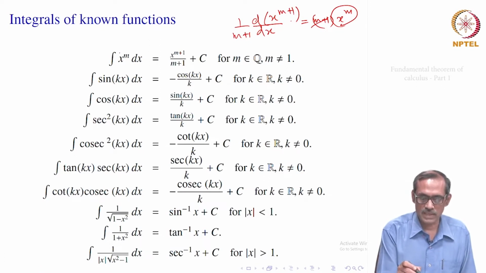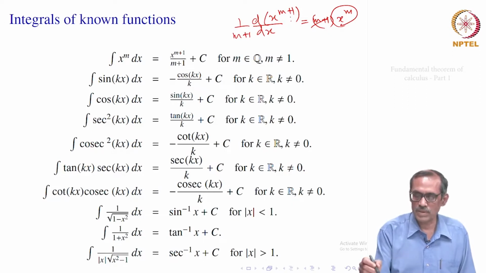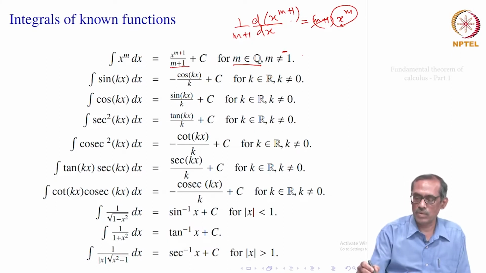So, that is how this first formula is related. You take the indefinite integral. So, the integral of x to the power m dx is x to the power m plus 1 by m plus 1 plus c for some constant c. And these powers we have defined only for rationals. So, let us take m to be a rational number, but m is not equal to minus 1, because at minus 1 the denominator will be 0, right. So, m is not equal to minus 1.